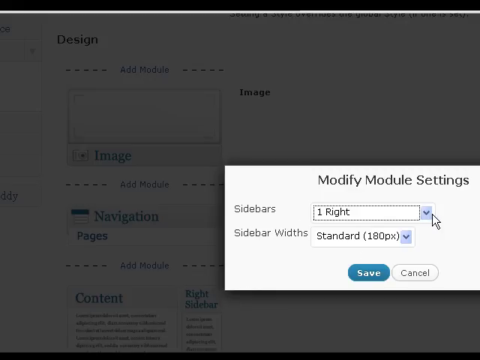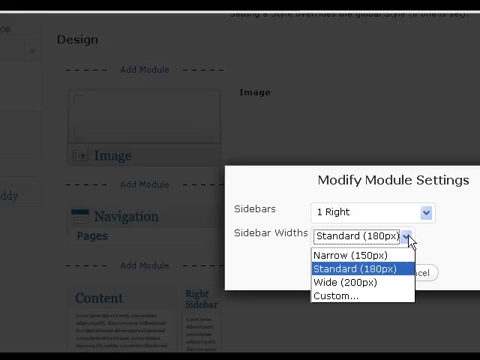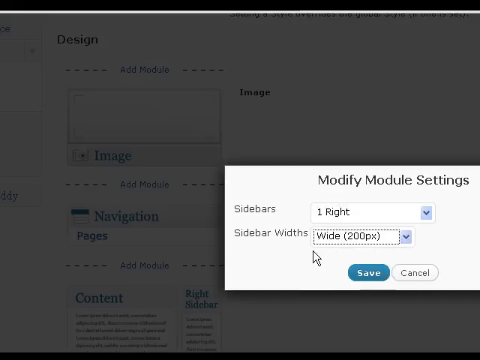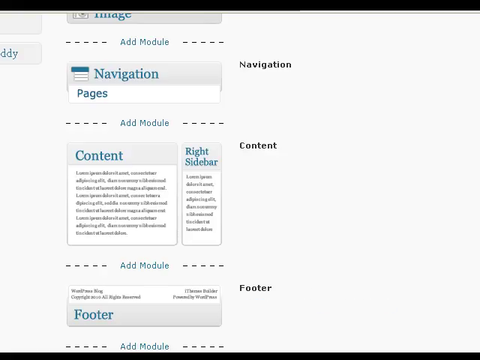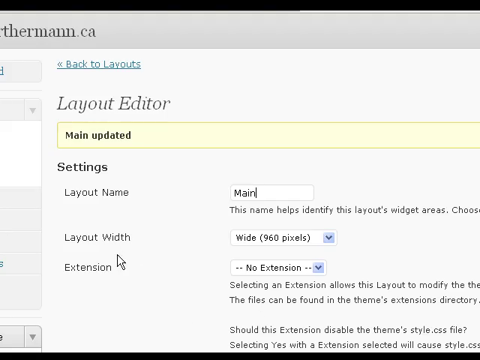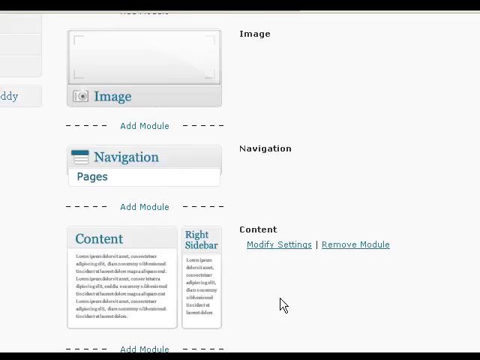Okay, you can have sidebars on this as well. Let's just go for one right. Okay, and the width of the sidebar, again, I like 200. That is entirely up to you, and I'm going to hit save. Okay, and then I have to come down here and save the layout. And the layout is saved,